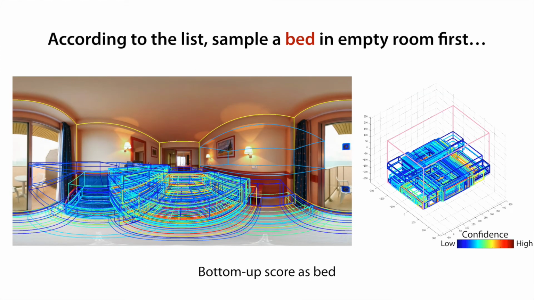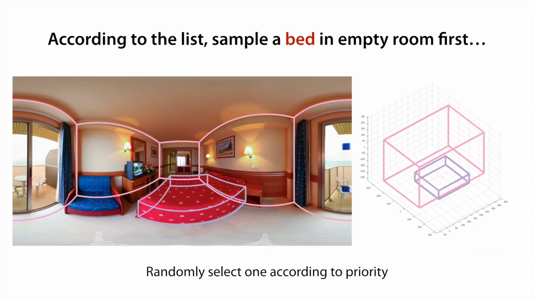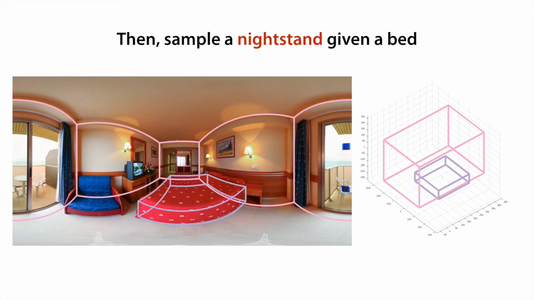We combine all bottom-up information, like rectangle detection score, intersection with segmentation, and semantic classification score, to measure the confidence of each cuboid hypothesis as a bed, and randomly choose one based on the confidence. Then, we move on to the second object on the sampling sequence,